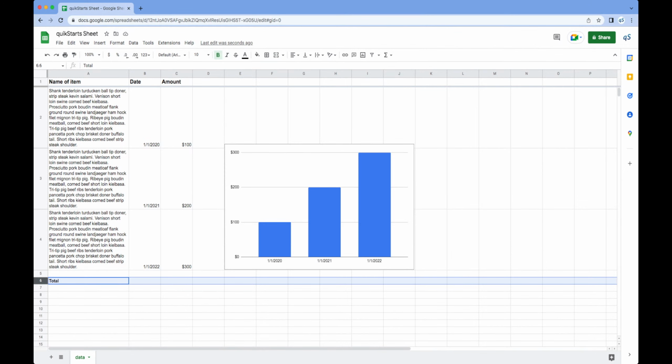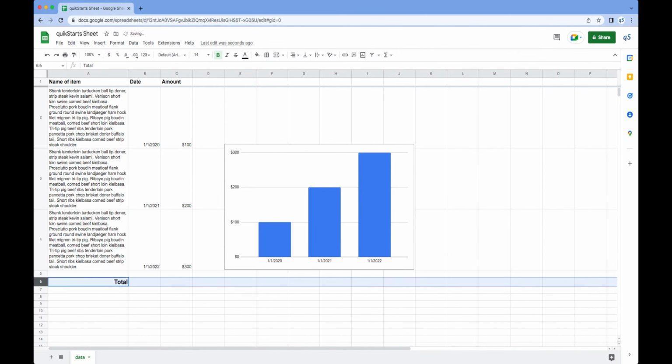We're going to make it bold simply by highlighting the row by clicking on the number, then coming up to the B. You click that, you bold the text. We're going to also slide the word total all the way over to the right hand side of the cell. Just for optics, it's a little easier to just look at the total, be able to clearly identify it. In fact, we're going to also make it a little larger, just for style purposes, making it easier for us to identify. So column C, row 6, is where we're actually going to place our amount using the auto sum